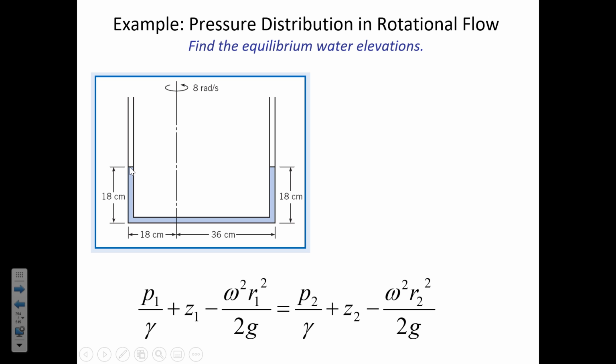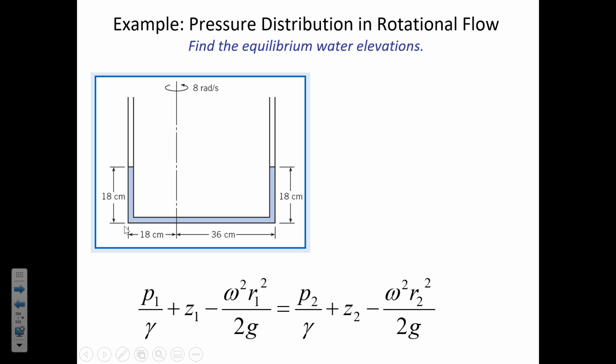So we've got two unknowns, but the other equation we can use is Z1 plus Z2 equals 0.36 meters. So what I'm saying is let's measure from the bottom here. And the total elevation is the distance on the left and the distance on the right. So this equation, Z1 plus Z2 equals 0.36, is what we can use